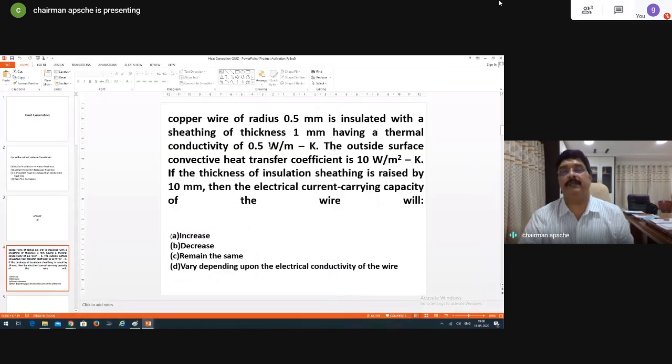So the insulating thermal conductivity in picture. Outside heat transfer coefficient is 10 watts. Okay, that's fine. Now if the thickness of insulation of sheathing is raised by 10 mm,